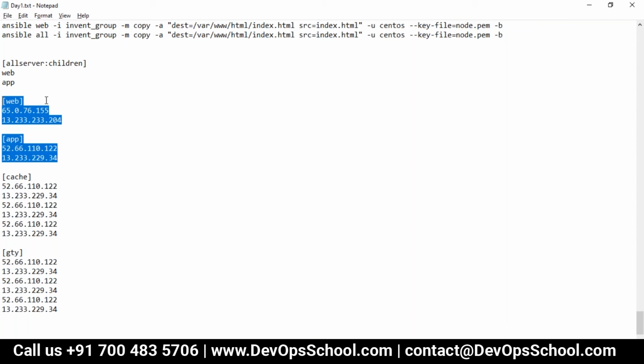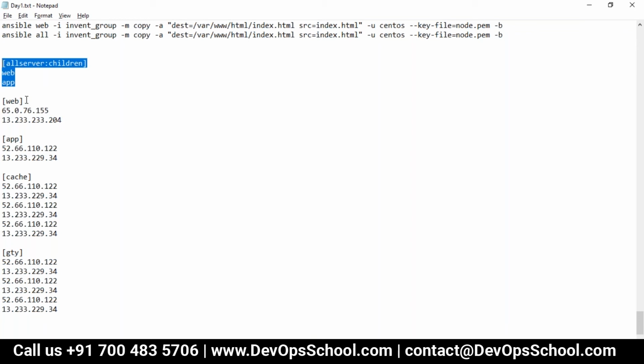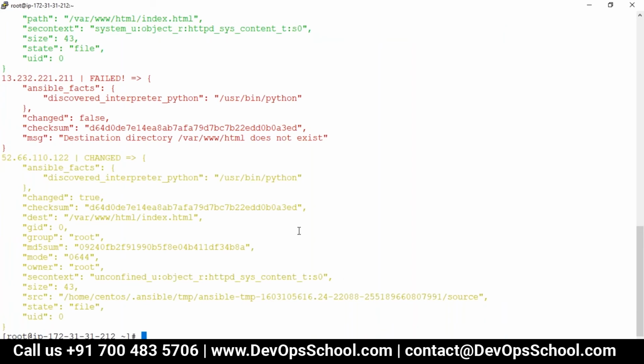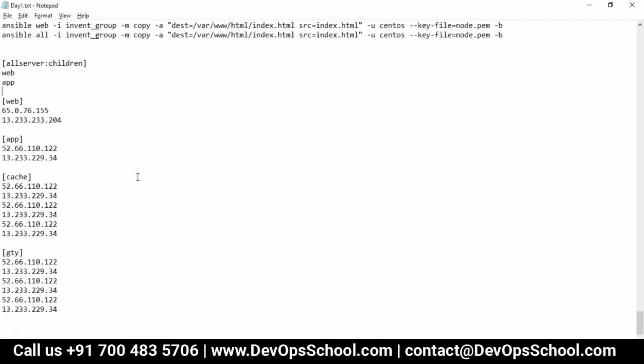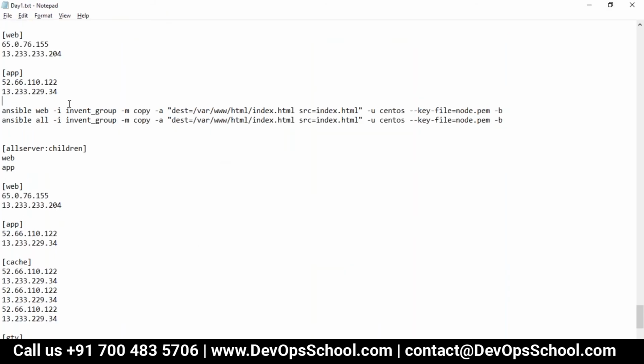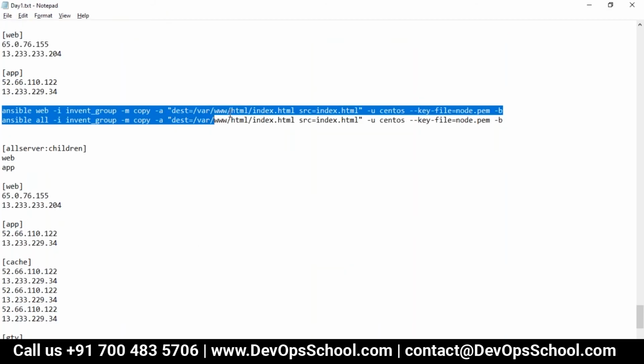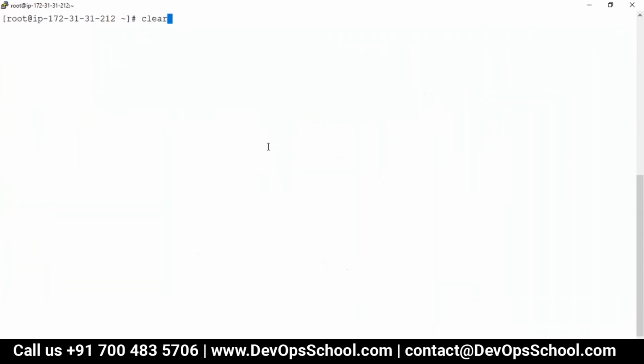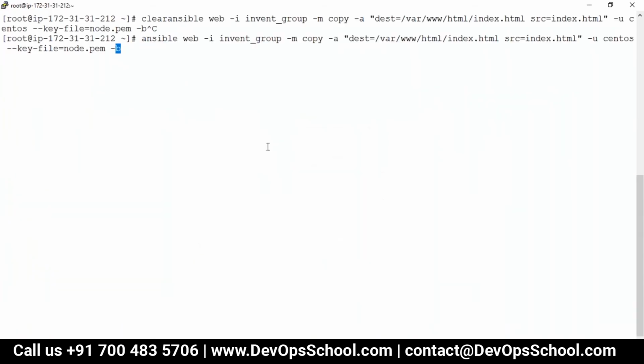Okay, I'll tell you one thing. There are so many ways in Ansible actually. One method is simple, the one which I am explaining to you: create a group of groups, add all 9. Second method, you can also do something like this. Let me put it up. See here, I want to run on web and app, right? So you can also do something like this. Let me show you. So much flexibility we have in Ansible. Like this also you can put it, separated by a comma, and it will work.